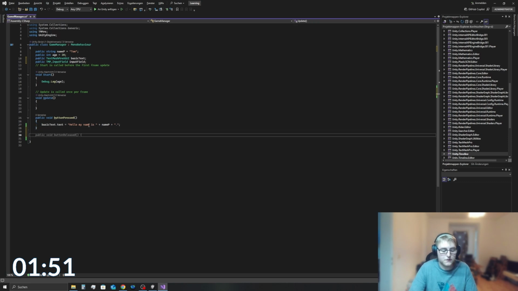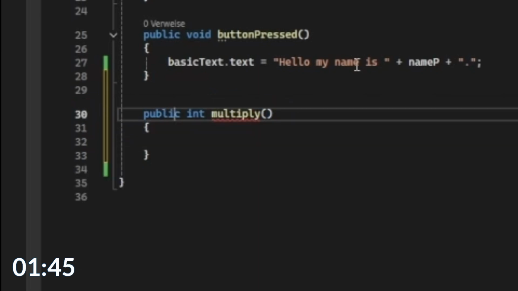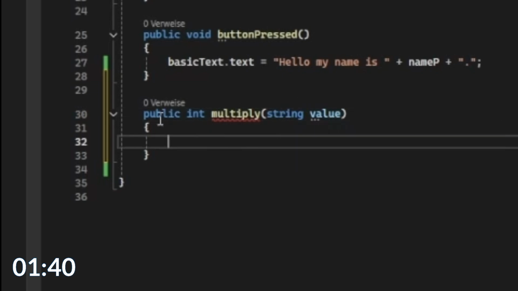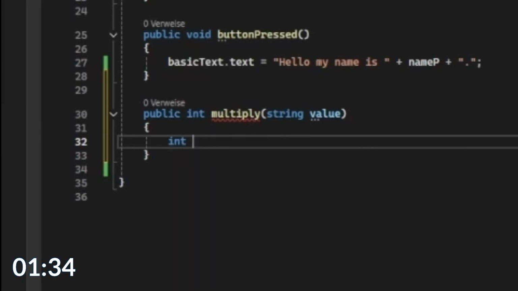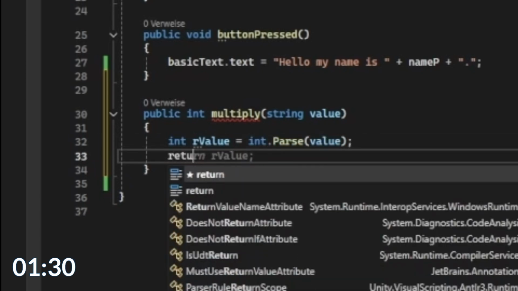And then I'm going to write a new function, again starting with public. Instead of void, I'm going to write int multiply and then the brackets. And in the first brackets, I'm going to write string value. So this is the parameter and this is the data type. And to explain it better, I'm actually going to write the code first. Let's go ahead and write in here int rValue equals int.Parse(value),